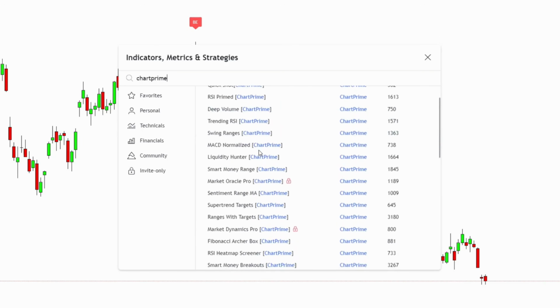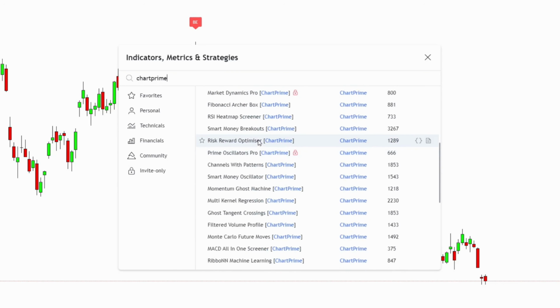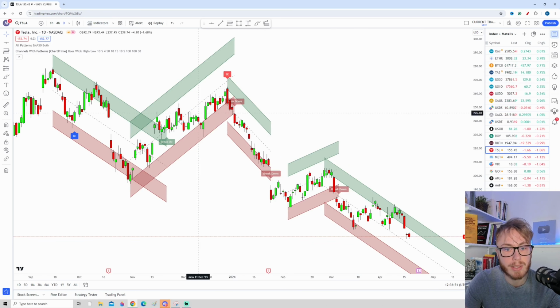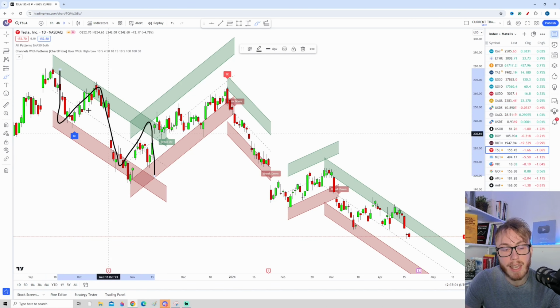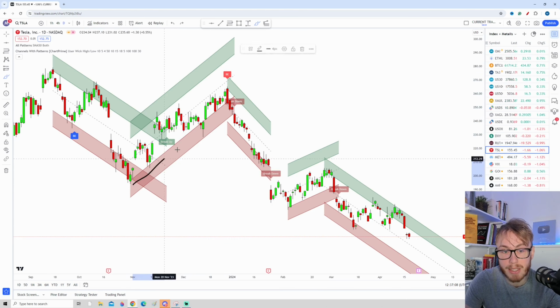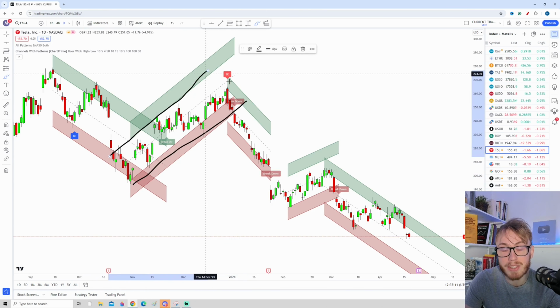But the indicator we want to use here is called Channels with Patterns. So as you can see, this indicator right here called Channels with Patterns is the one we do want to open up. So let's open up this indicator right here. And now we can close out the indicators tab. And as you can see guys, now on the chart, what this indicator basically does is that it automatically detects trend channels. So here we have a sort of short downtrend. Here, remember, here we have a short uptrend,